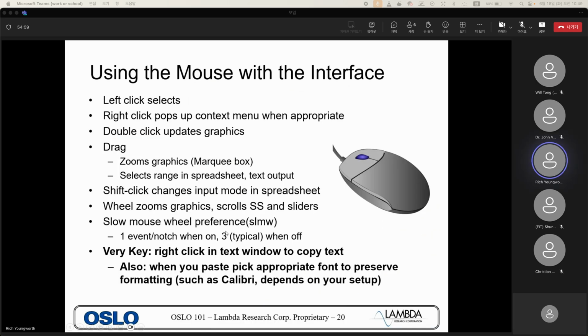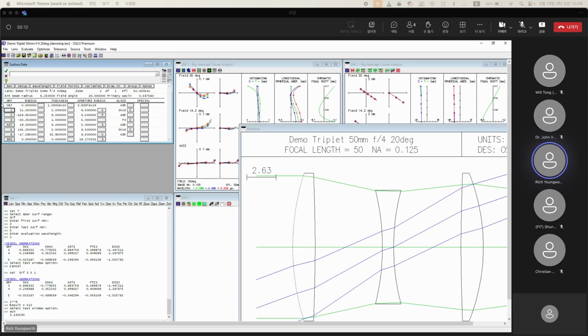There's actually also ways to change and speed up the mouse wheel, but often people will control that with the interface versus in OSLO. There is one very, very key one that we have to show you. I showed you the clicking on a row here and then holding shift just because it's so useful to do that. But the one that you really have to know